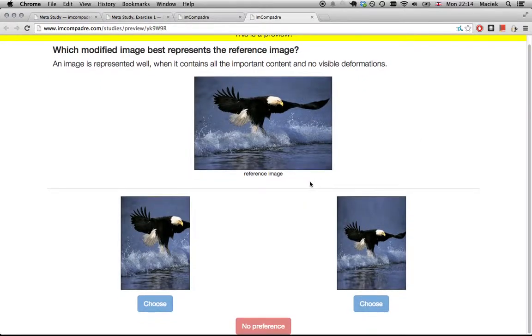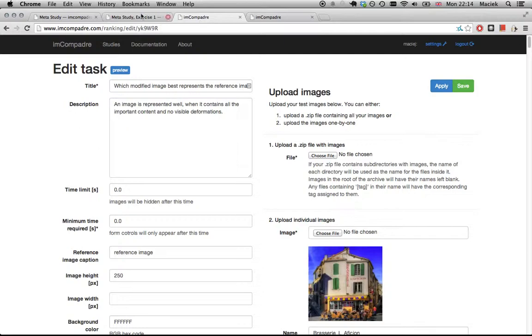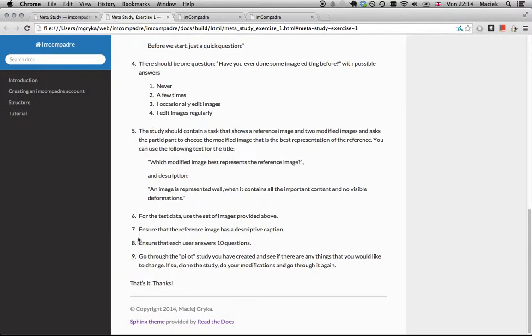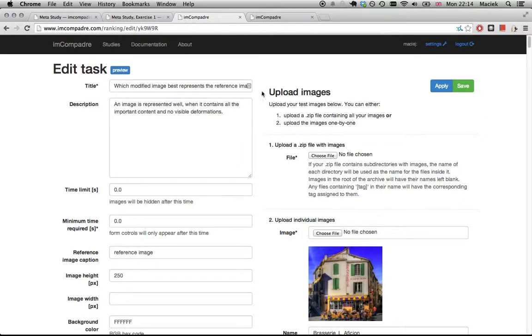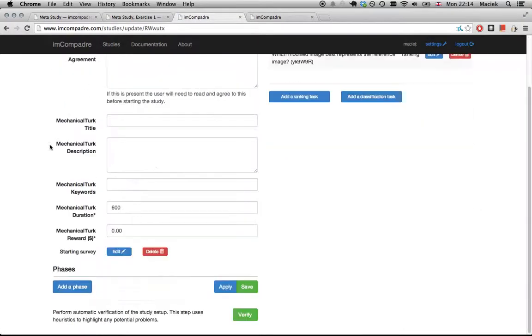Okay, so now this is the reference image, and there are 2 images to choose from. Perfect. So that's great. The next step is to ensure that each user answers 10 questions. Right, to do that, we need to save our task, go back to study editing, and create a phase for